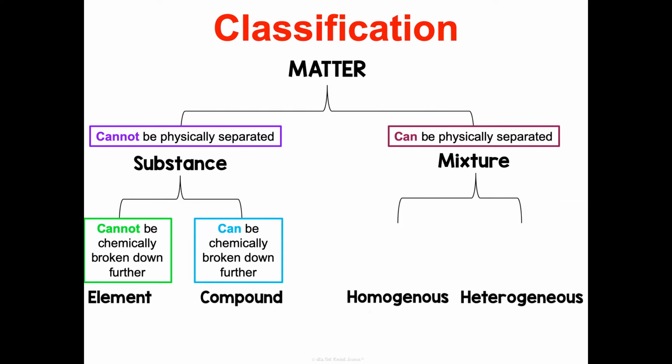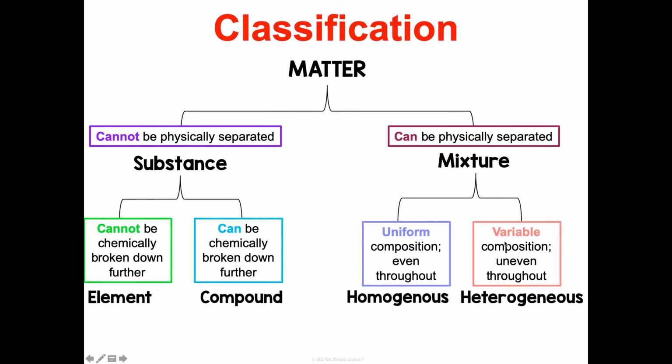To separate homogeneous and heterogeneous, homogeneous mixtures have a uniform composition, okay? If you took 20 different samples from the same jar, they would all look the exact same throughout. Whereas a heterogeneous mixture has a variable composition. It's uneven throughout. I could take 20 samples from a salad dressing container and all of them would be really